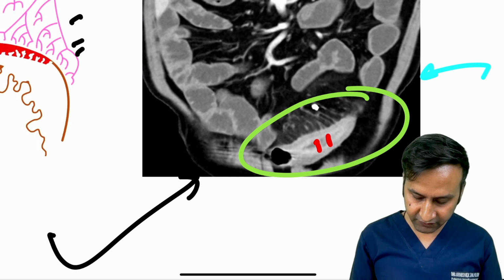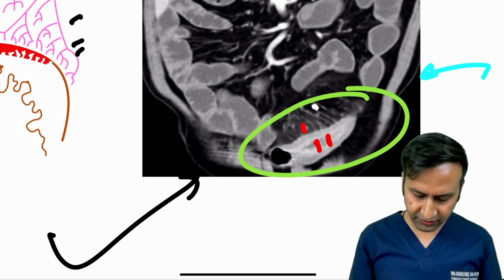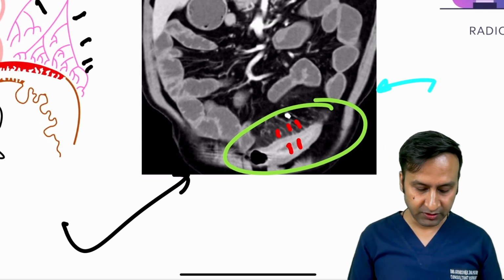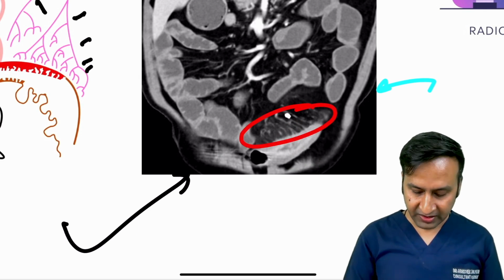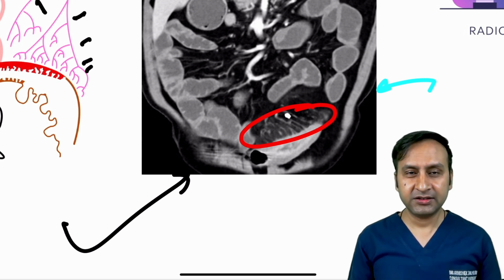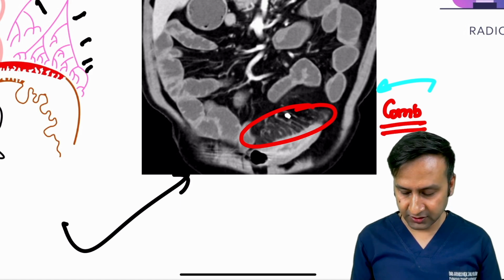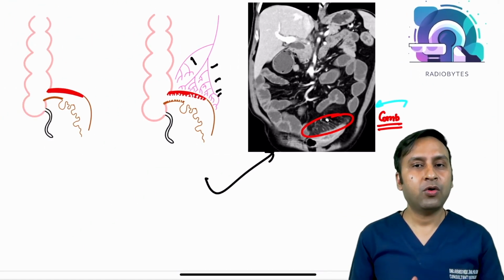We can see the inner layer of the mucosa enhancing very avidly. Then there is some amount of enhancement which is present in the outer layer, and the middle layer of the bowel is not enhancing as much. Another important thing that you can also see here is the typical Coombs sign, that is an engorgement of the vasa recta, and this engorgement of the vasa recta is typically taking the shape of a comb. So this is the classical Coombs sign that we see when the disease goes outside the bowel wall and involves